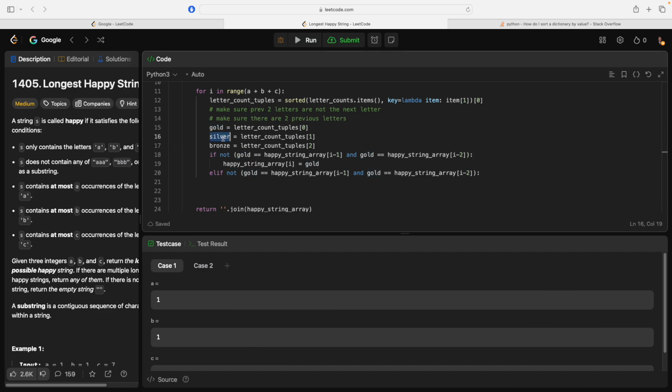So we need to make sure that silver, actually it'd be gold 0. We need to make sure that silver 1, the count of the second most letters, is greater than 0, and that